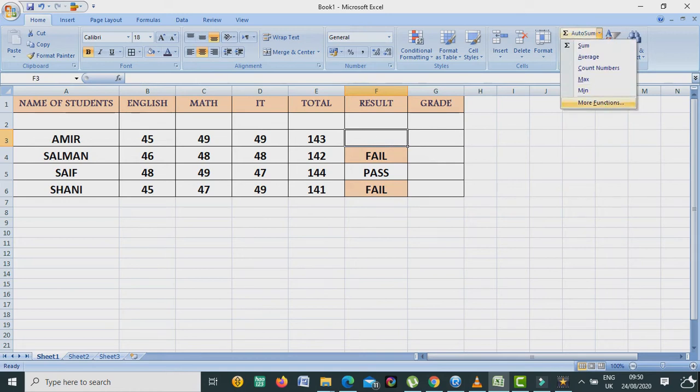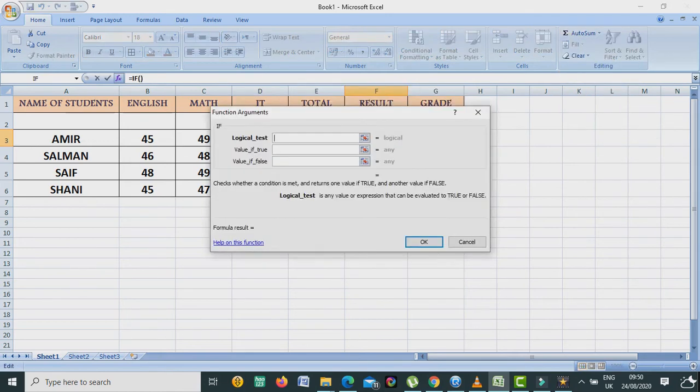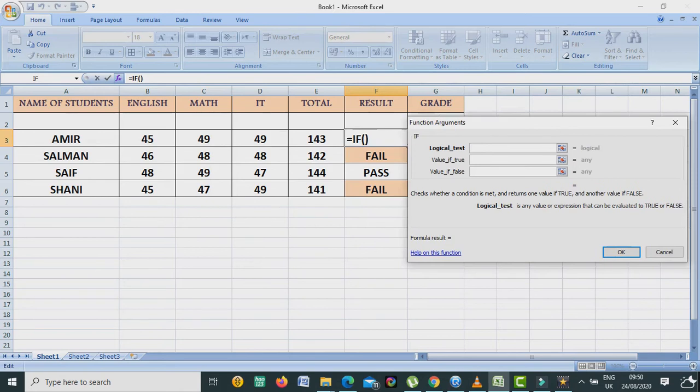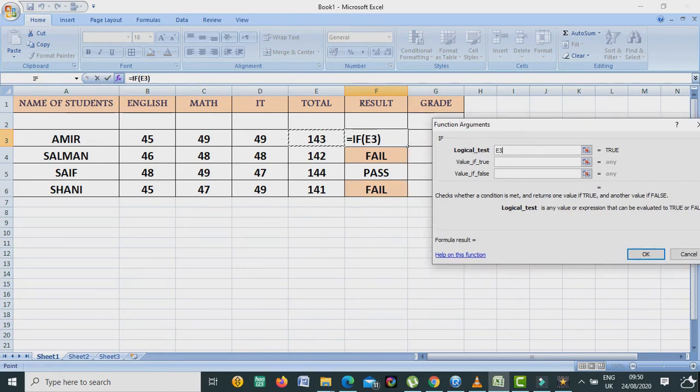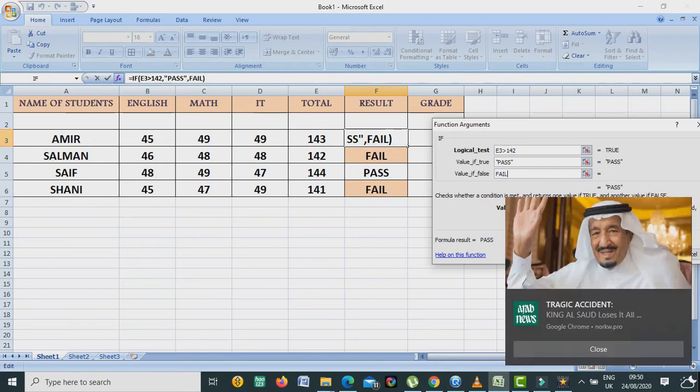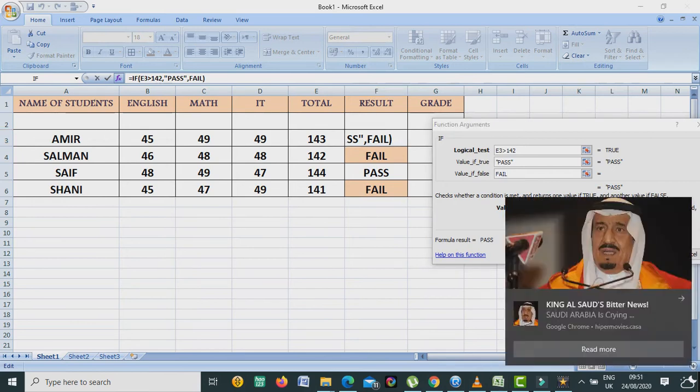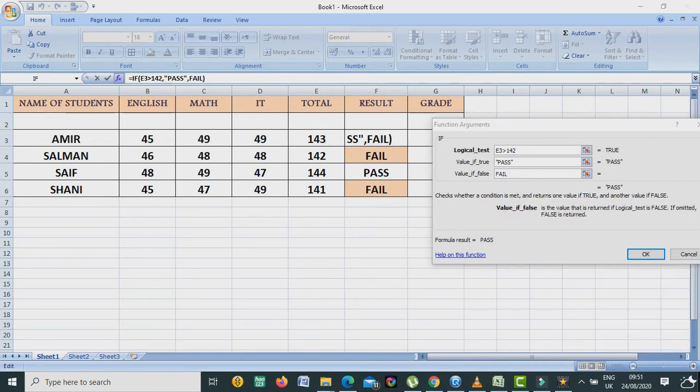Okay, from here also you can take the if condition, auto sum, more functions, and here you can see there is the if condition. You can write here the logical test, and what is the value, true or false, means pass or fail. So here suppose I want to know about the total, so I will write E3 is greater than 142, suppose, then pass,